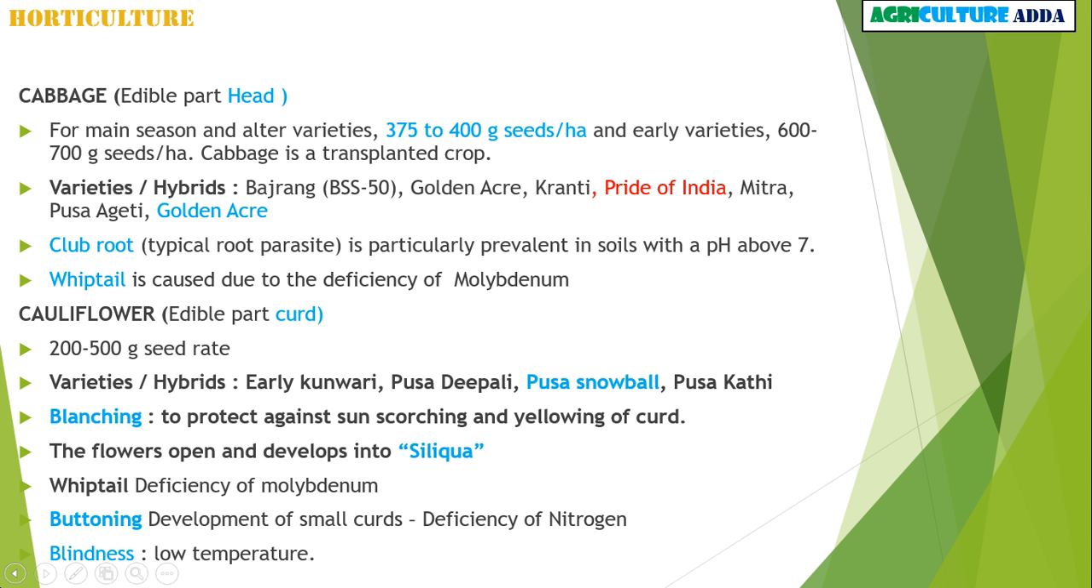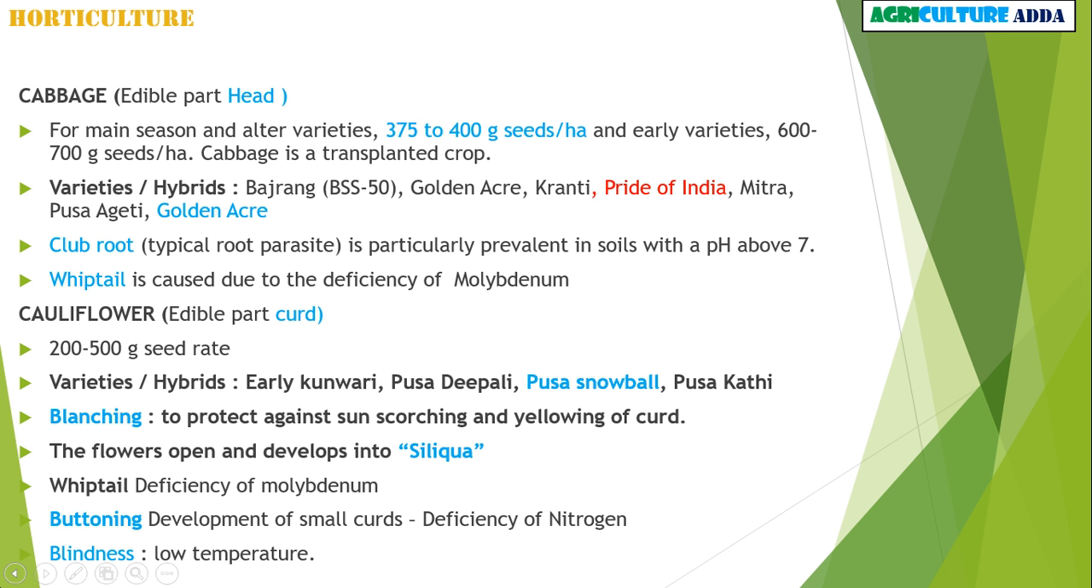Some of the points about cabbage and cauliflower. In cabbage, the edible part is the head. For main season and later varieties, 375 to 400 gram seeds per hectare is required, and for early varieties, 600 to 700 gram seeds per hectare. And cabbage is a transplanted crop. And the varieties or hybrids of cabbage are Bajrang, that is BSS 50, Golden Acre, Kranti, Pride of India, Mitra,